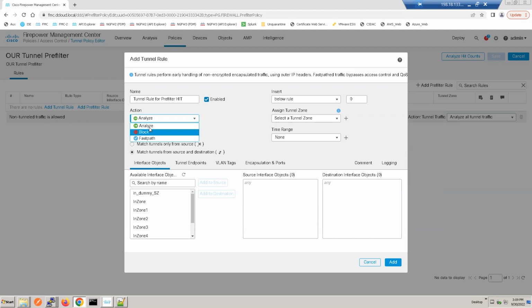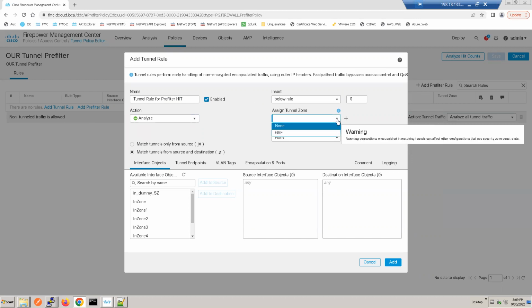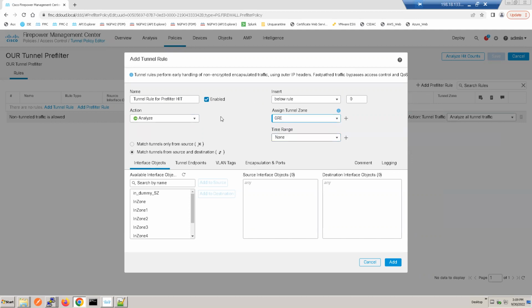We can go and play around with this. At the moment I'll give analyze. Then assign tunnel zone. Remember we have created one tunnel zone called GRE, and that's great. If you have any time range for this access list, this is a nice feature that Cisco has introduced. Time range ACLs, what time range you want to apply this rule, you can go and create and call here, right? Then the interface object, where to where,